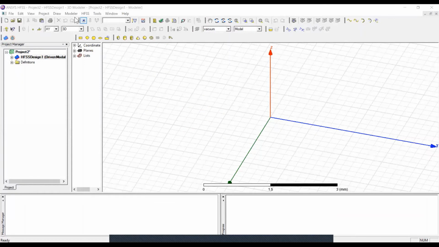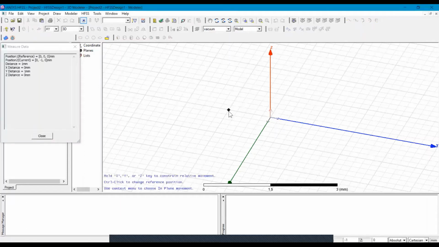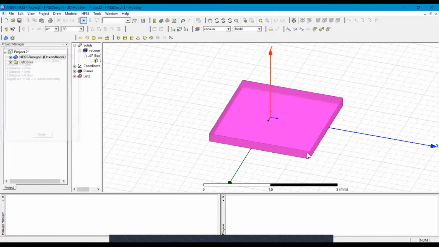To design the strip line, we will use the same procedure. First, we will design the first half dielectric substrate. Before designing, we will not change the setting of the HFSS, and we will choose the box and randomly we design a box.